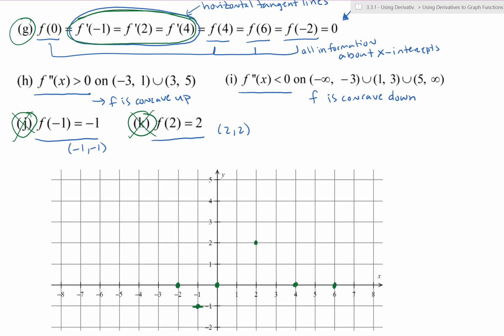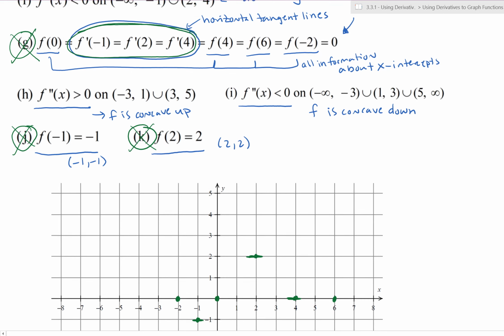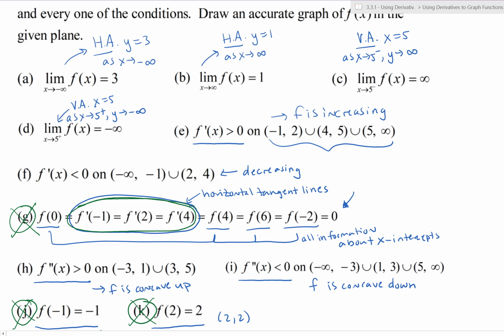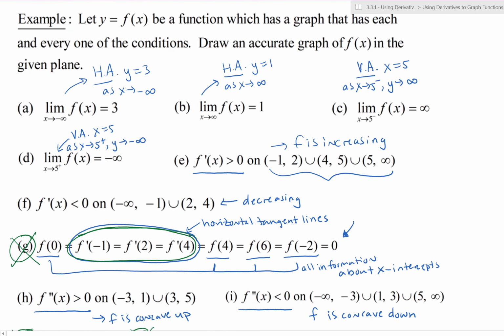At x is 2, same thing, right? Horizontal tangent line. We know that one. Draw a little line there just to help us remember. And then at 4, also horizontal tangent line. So now we can really say, okay, we've taken care of part G there. What else? Maybe let's save the increasing, decreasing, and concavity for last. Let's tackle the